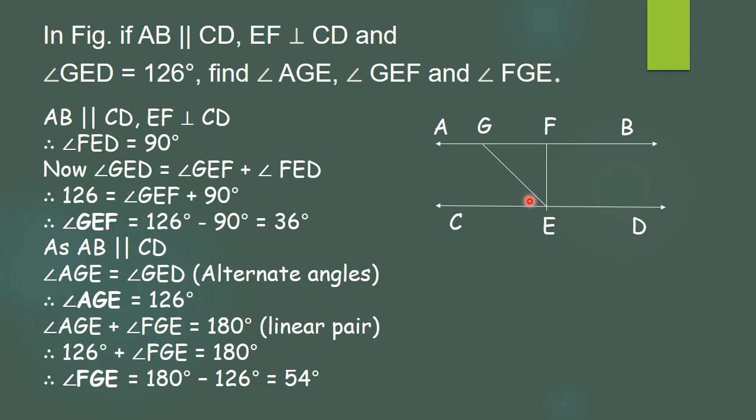This can be calculated again, that is angle FGE can be calculated as we know this angle is 90, because as E is 90, angle F is also 90, and we get this as 36, so we can use the angle sum property as well to get the angle.